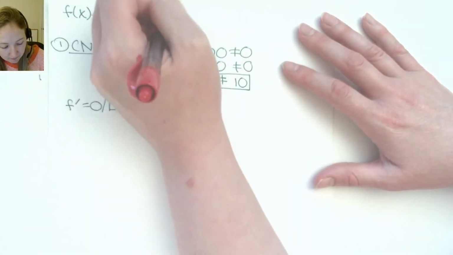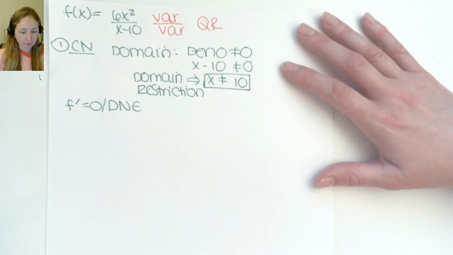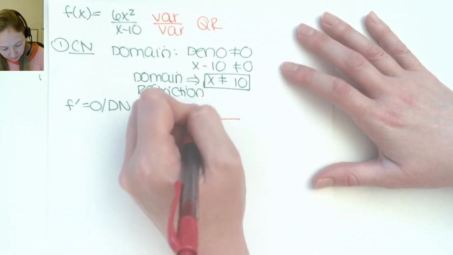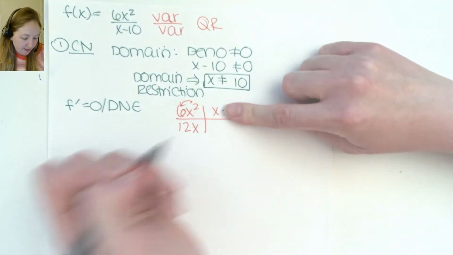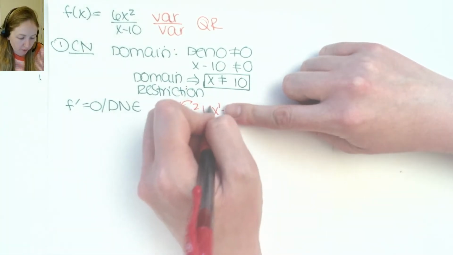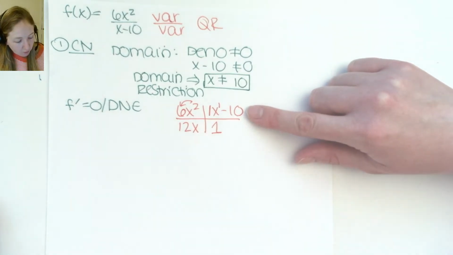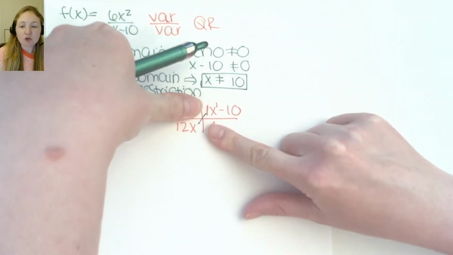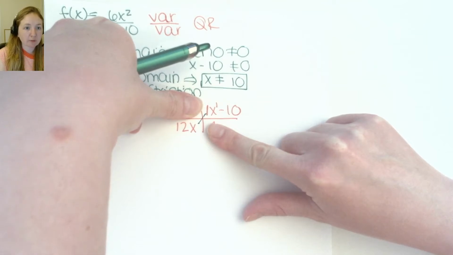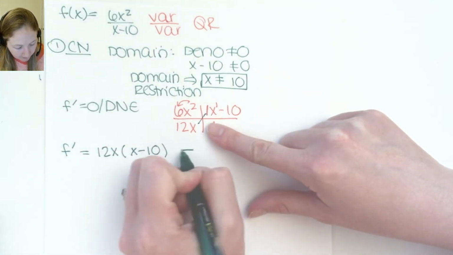Now here you do have a variable divided by a variable, so the only way through that is the quotient rule. So setting up the quotient rule, I'll have 6x squared over x minus 10. The 6x squared will go to a 12x. The x is a linear term, so it will go to the coefficient of 1. And then the negative 10 is a standalone constant. So plugging into the derivative, remember that we are going to take 12x times x minus 10. Noticing that 12x is one term makes it easier to put that first. So I'm going to put the 12x first and then the two terms of x minus 10, minus